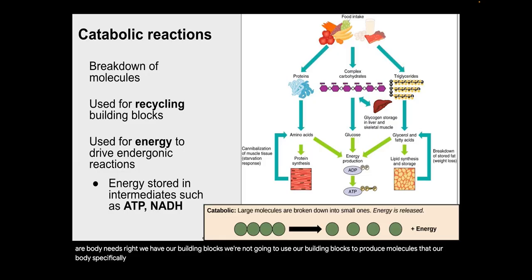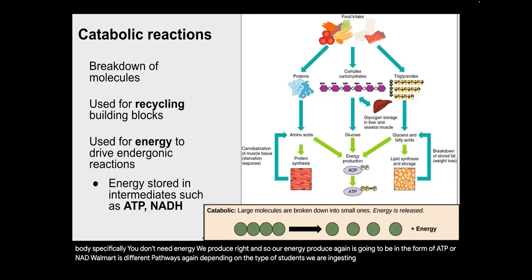Now, in catabolic reactions, we don't need energy, but we produce energy. And our energy produced, again, is going to be in the form of ATP or NADH. A lot of different pathways, again, depending on the type of food we are ingesting. Now I have one more image on the next slide related to